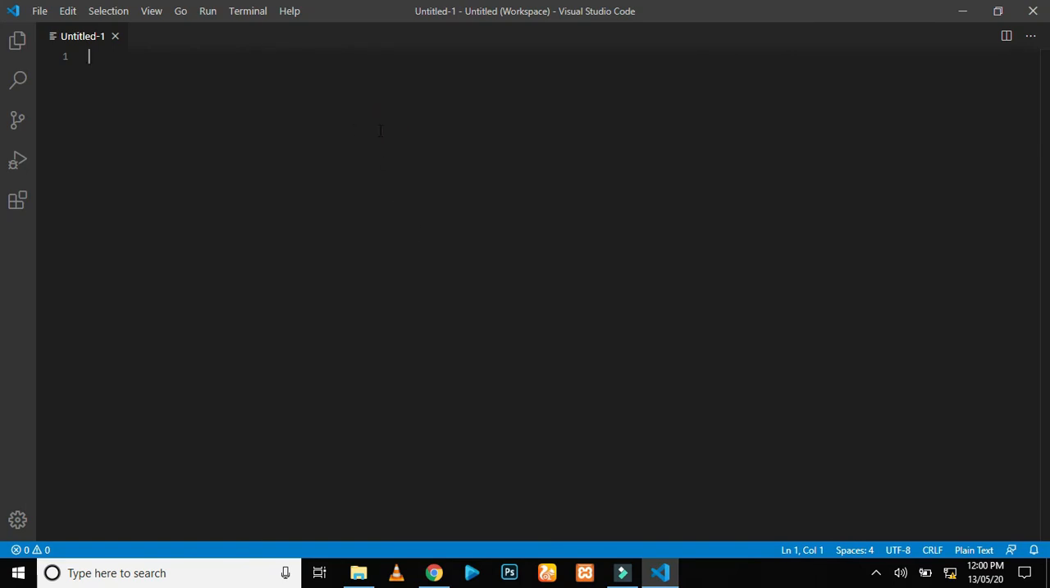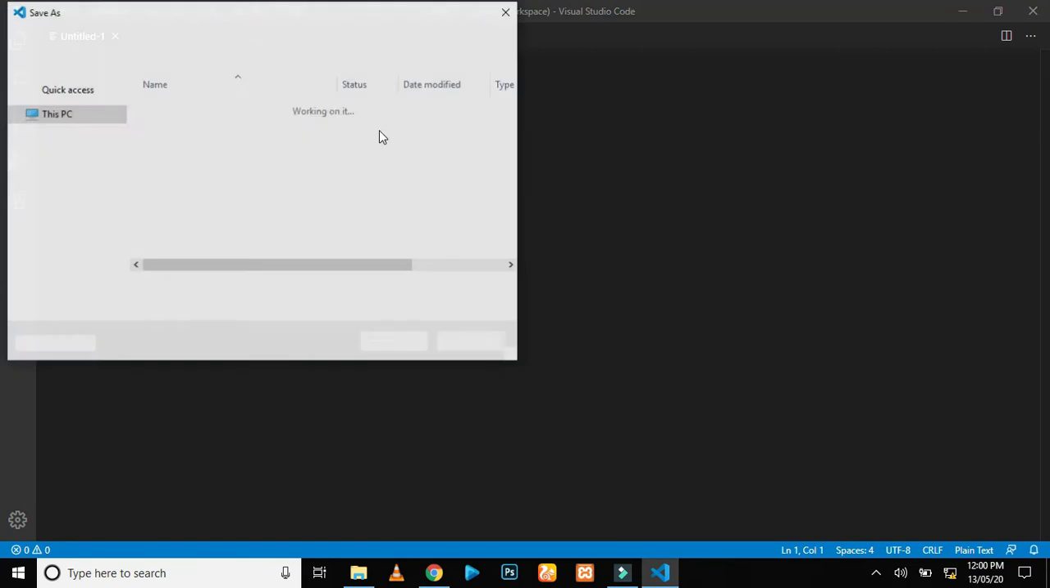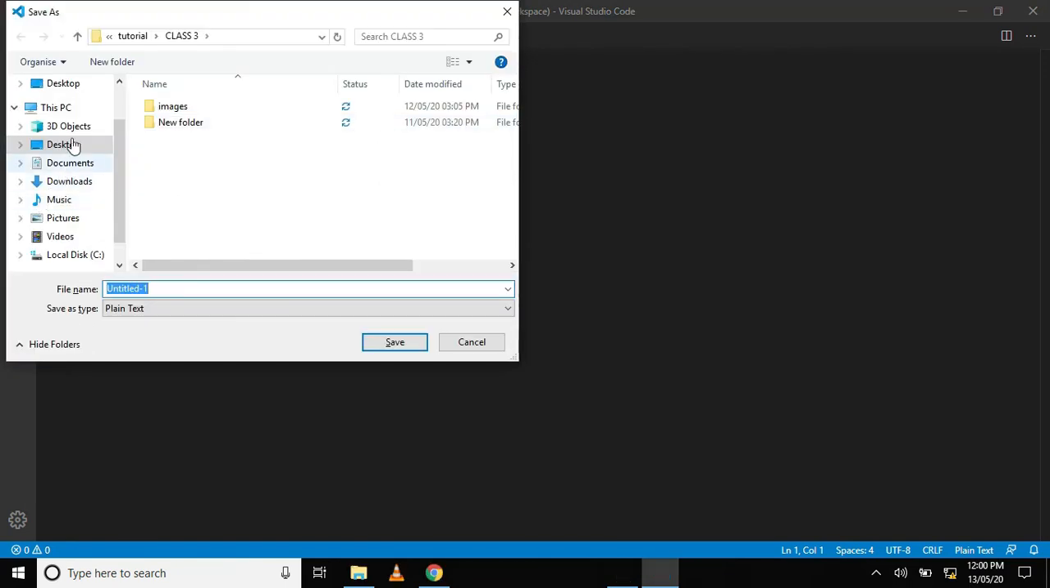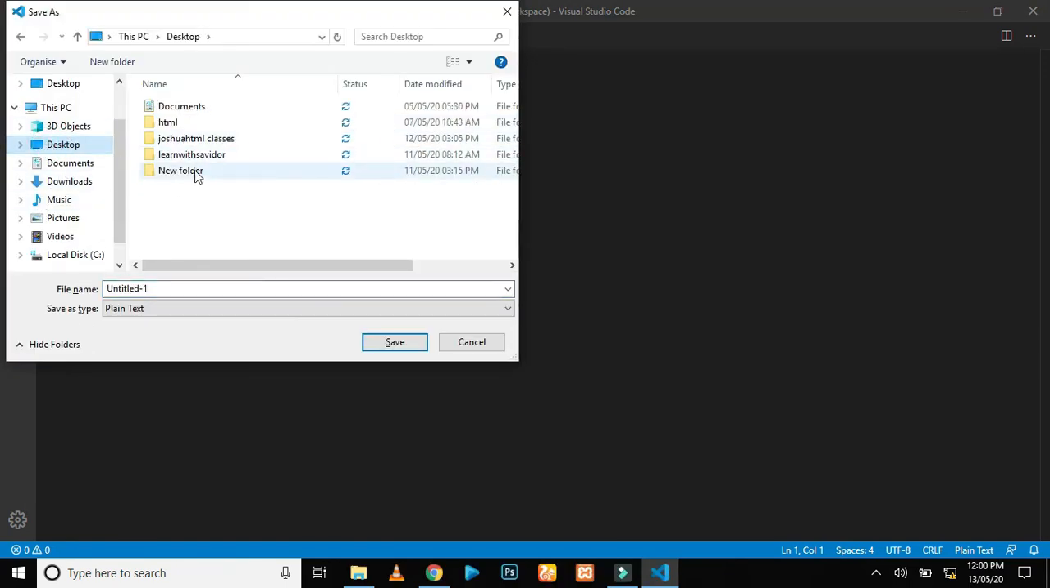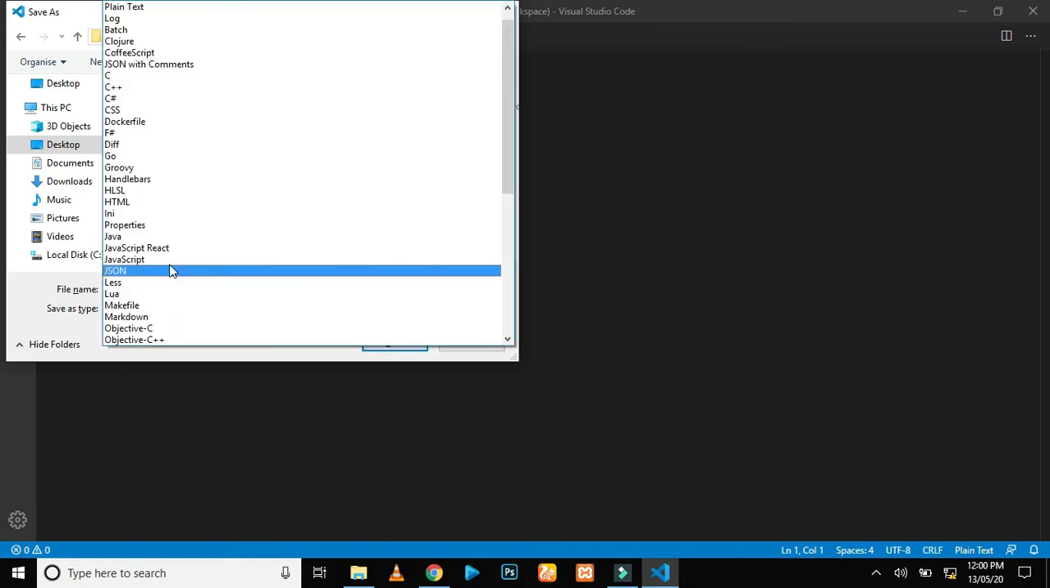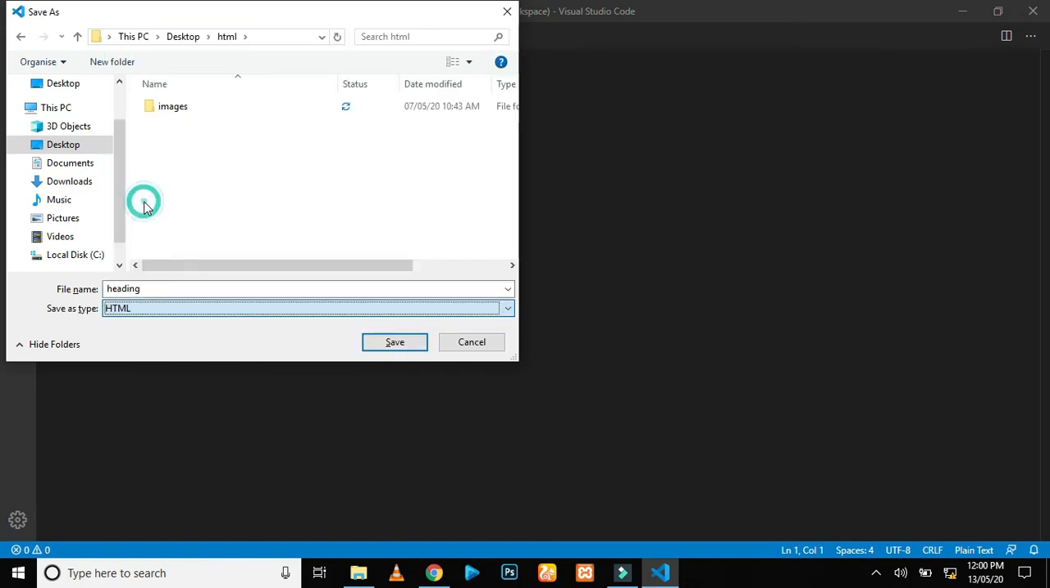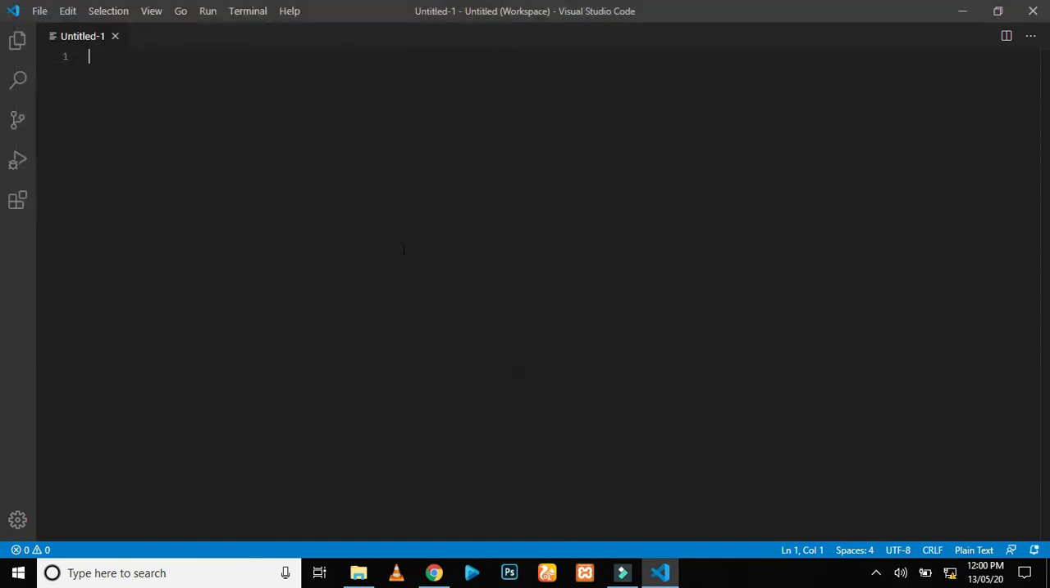First, like we knew before, we'll save our document. I'm saving it inside the folder I already have, HTML, and I want to call this heading.html. Save. So now we do our basic HTML documentation,